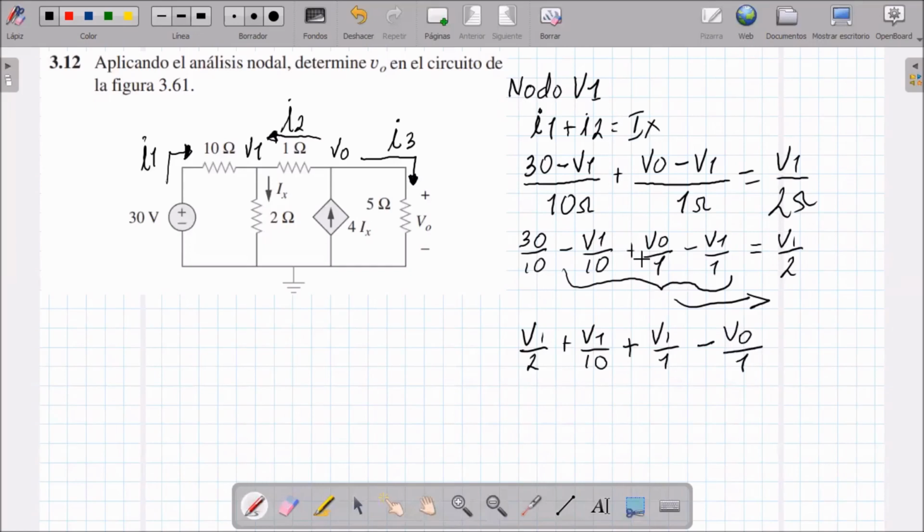Remains equal to 30 over 10. Well, then if I add all the V1s, that is, 1/2 plus 1 over 10 plus 1 over 1, this is going to look like 8/5 of V1 minus E over 1 would be sub 0